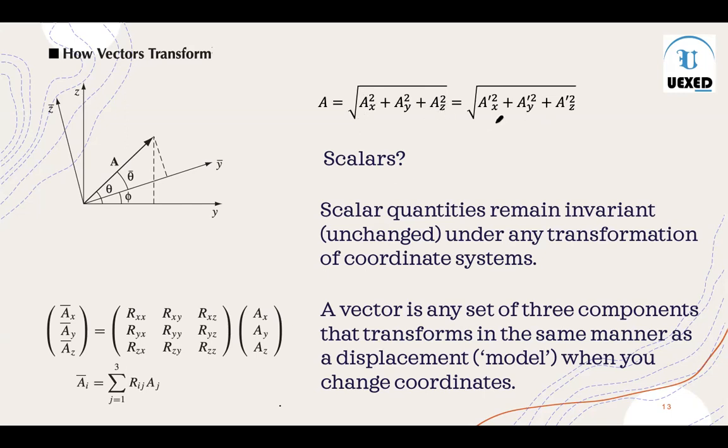Similarly, in some primed coordinate system, you can calculate the magnitude as this, but both are going to be equal, okay? And that's why the scalar is an invariant quantity. And we're going to see why I'm giving you so much time on this, because we need to construct such kinds of vectors,